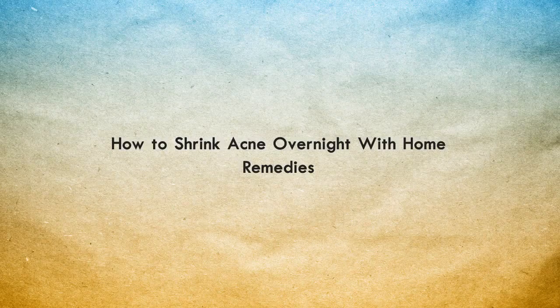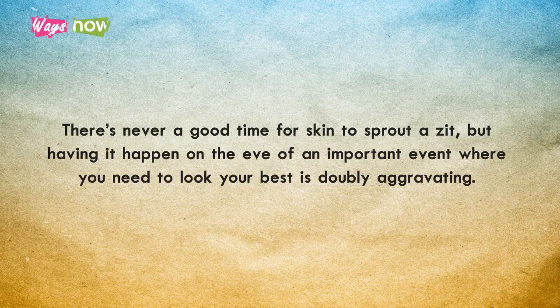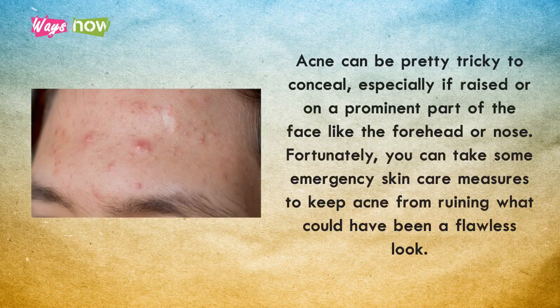How to shrink acne overnight with home remedies. There's never a good time for skin to sprout a zit, but having it happen on the eve of an important event where you need to look your best is doubly aggravating. Acne can be pretty tricky to conceal, especially if raised or on a prominent part of the face like the forehead or nose. Fortunately, you can take some emergency skincare measures to keep acne from ruining what could have been